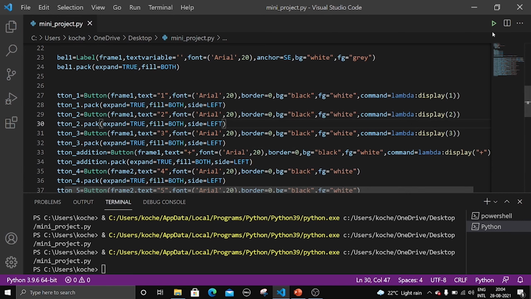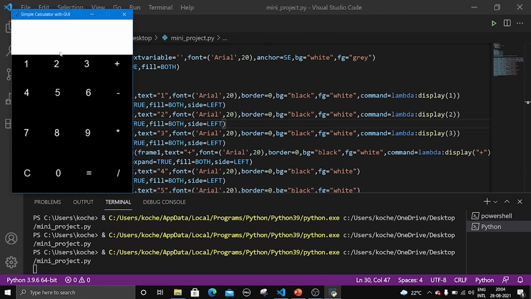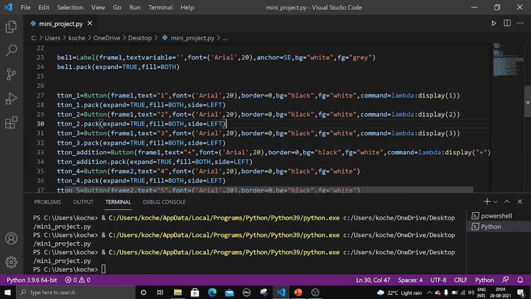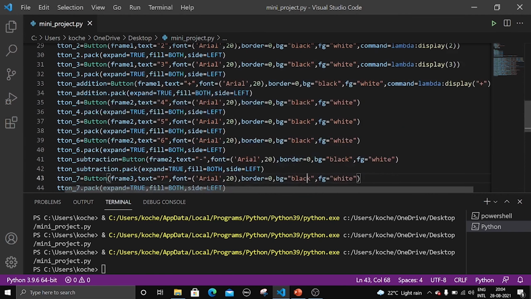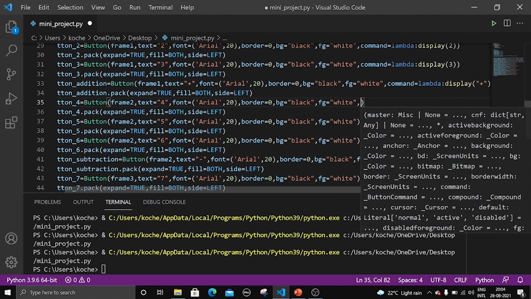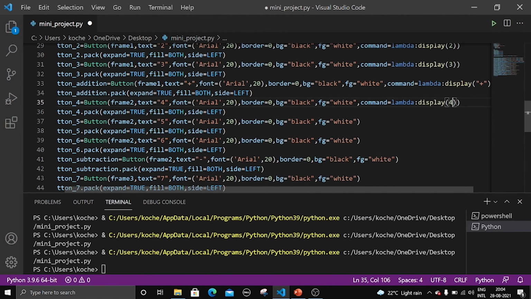So let's see the frame 1 things are working or not. 1 is working, 2 is working, 3 is working, plus is working, right?